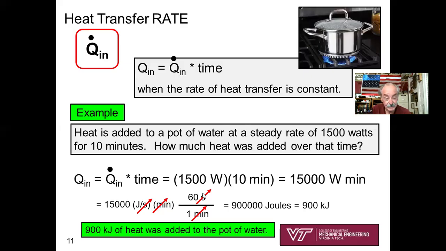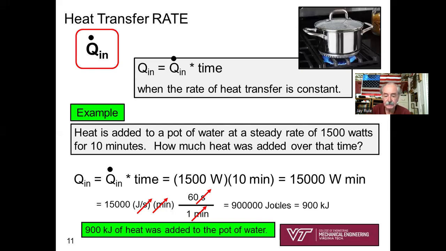I do remember that there's 60 seconds in a minute. I multiply by unity, and now I can visually cancel my units. I've got minutes in the numerator, minutes in the denominator, they cancel. Seconds in the numerator, seconds in the denominator, they cancel. And so I'm going to do the math to get